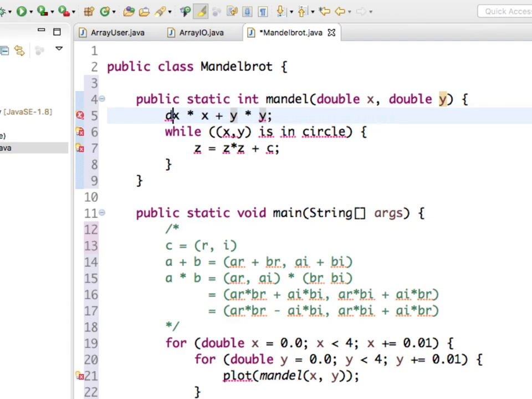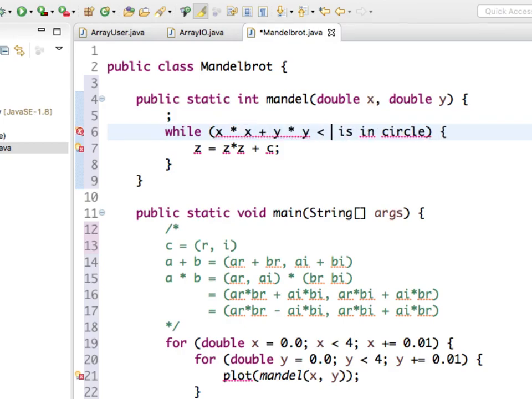I can just say if that number, that's the distance squared, if that's less than 1, I'm still inside the circle. So while this is less than 1, I'm inside the circle. And I'm going to calculate the next point.